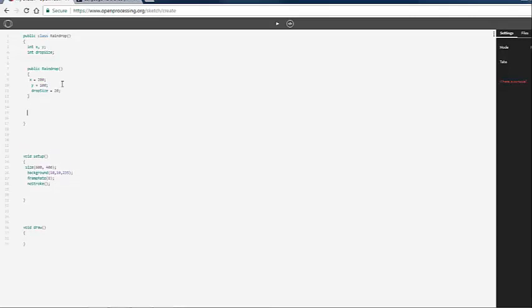Really, what I really want to do is make a constructor that takes in some information. So I want to take in an X, and I want to take in a Y, and for now I don't want to take in a drop size, but I can, right? If I really wanted to, I could. And that's the cool thing about constructors: you get to specify how you think the information should be taken in. So I want my X variable initialized, and I want my Y variable initialized, and drop size, I guess, right? For now I'll pick like 28 or something,